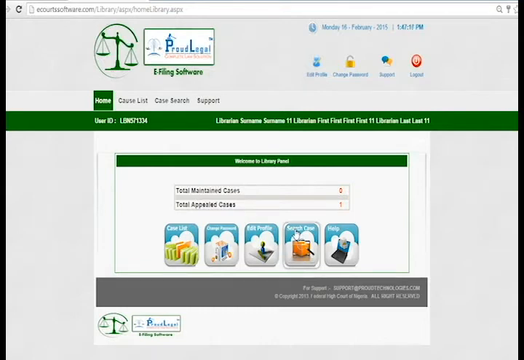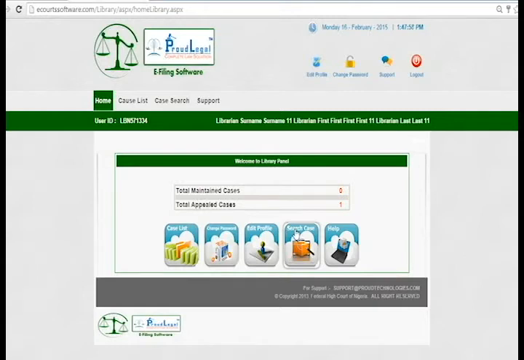What is library panel? The name stands for library, which suggests that a library is a warehouse where we can get all the things. If it is a library of books, we can get all types of books there, and because it is in court, we can get all the files of the court in the library. So in this library we get all the cases related to the court, so that is the library section. Right, so here we have two types of cases.